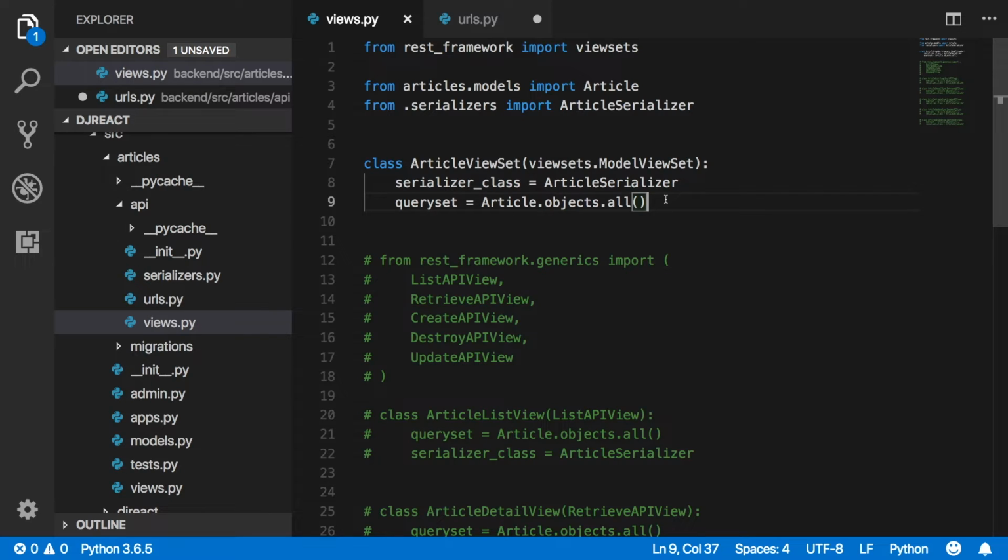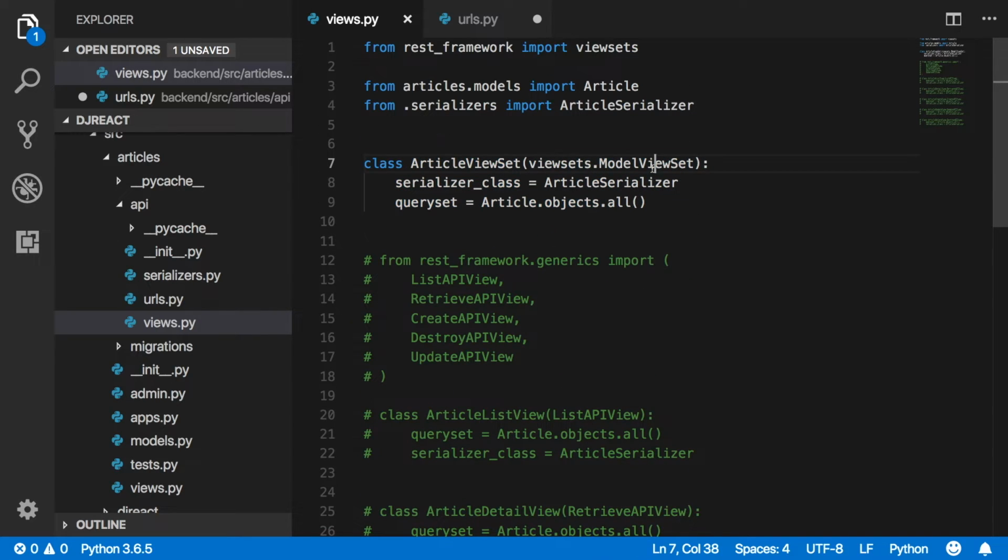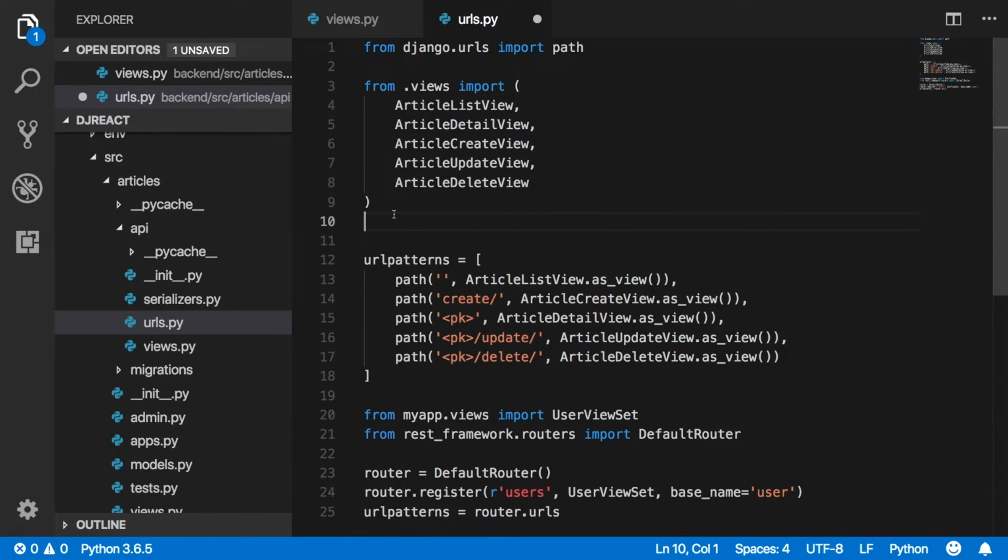Obviously, this is because we're specifying all the views that you normally would, and that's what this ModelViewSet does. If you wanted to customize it a little bit more, then maybe you wouldn't use a viewset. You would still use the generic views. So it's up to you, but for this purpose, it's much better. So we've got that. Let's go into urls.py, and again, I'm going to take